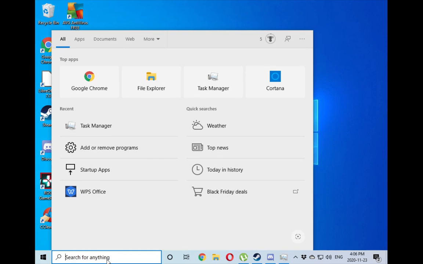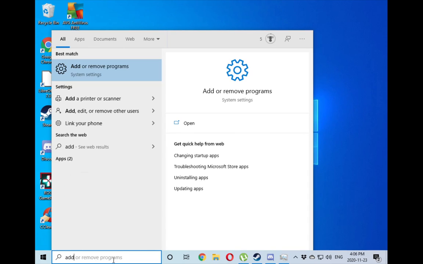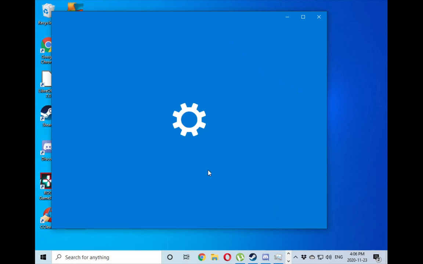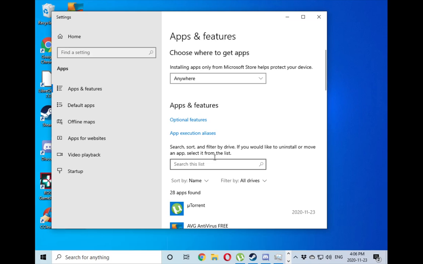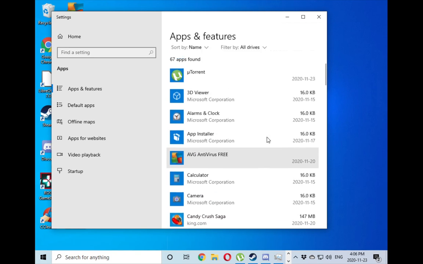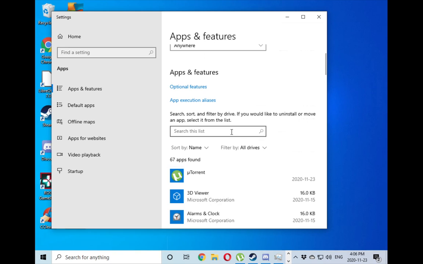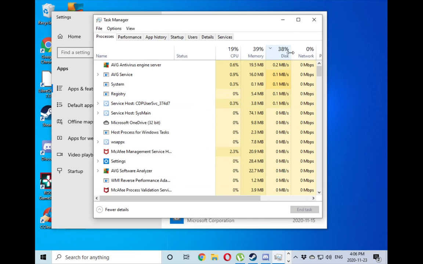We're going to go into the Add or Remove Programs interface. That's this one right here that you can find again by searching for it in the Start menu. This gives you a list of installed programs. You can filter the list to search for any sort of programs that your task manager might indicate are being